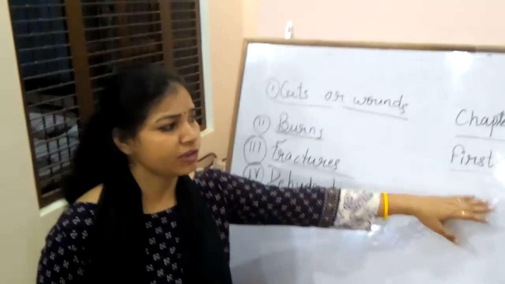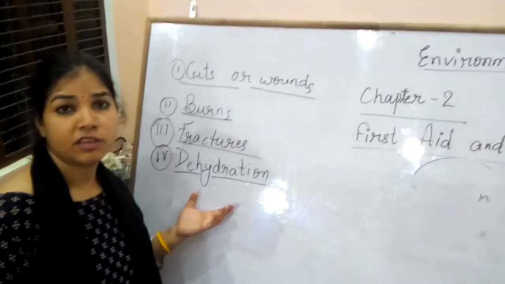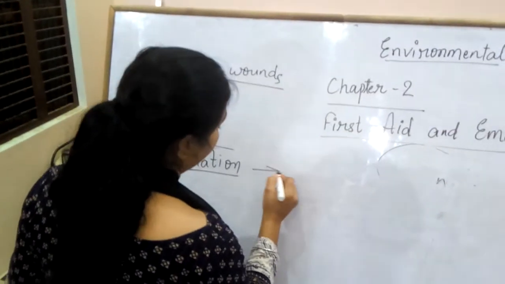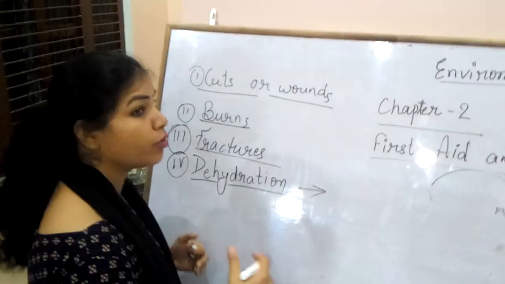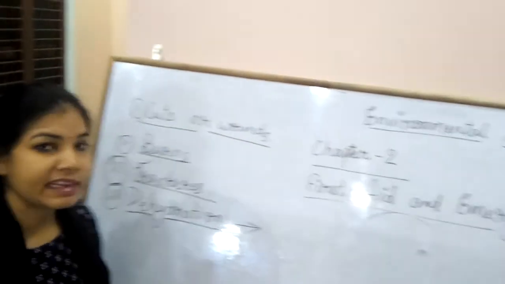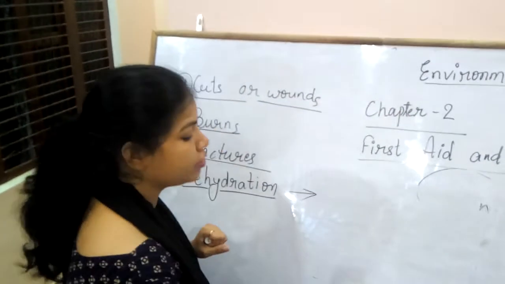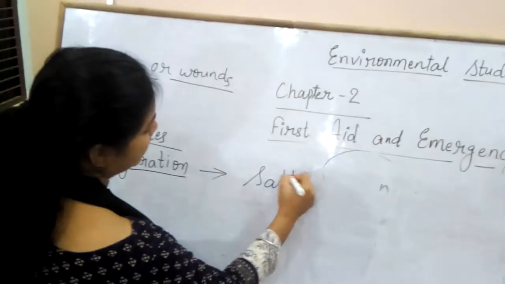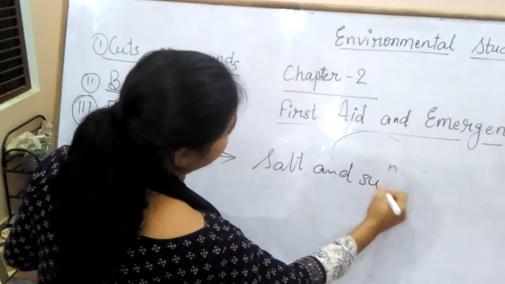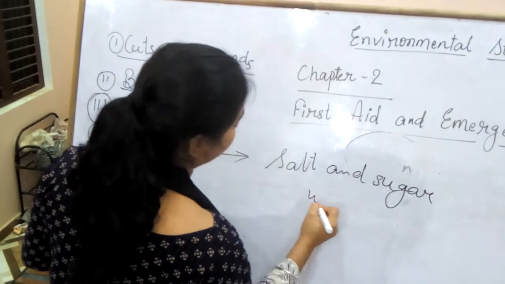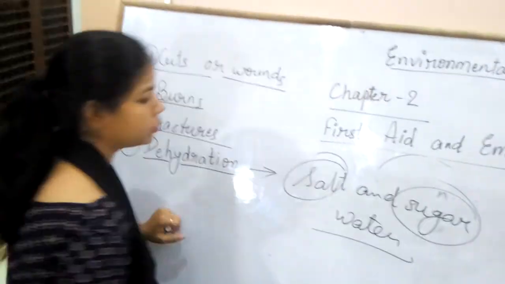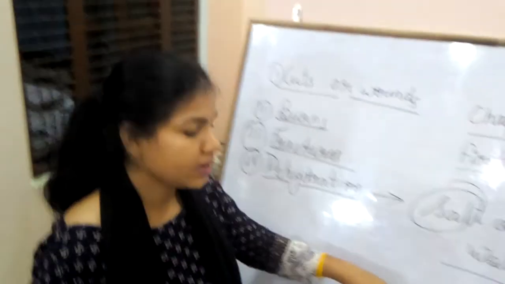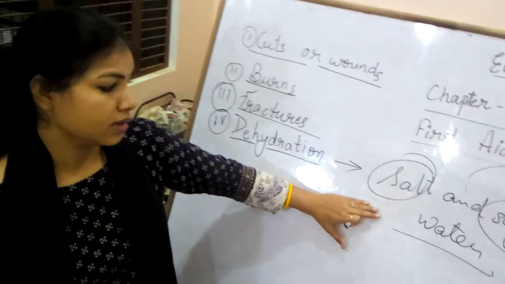What kind of first aid will you provide in case of dehydration? We will provide more and more liquid diet to the patient, so that he can recover. Make a solution with salt and sugar in water. Add sugar and salt to the water and give this solution to the